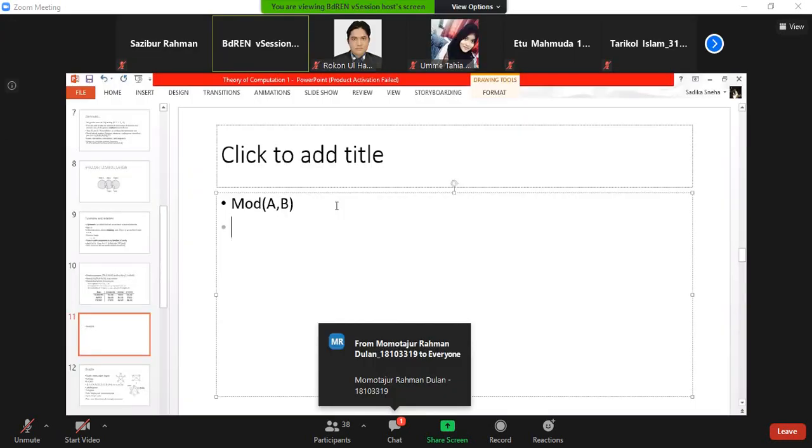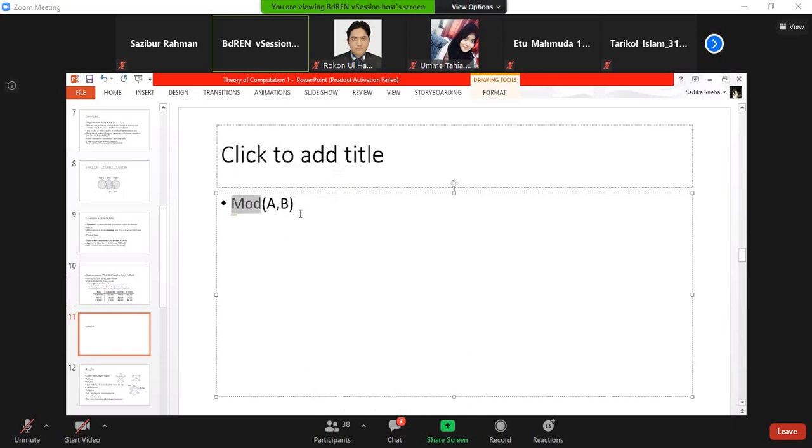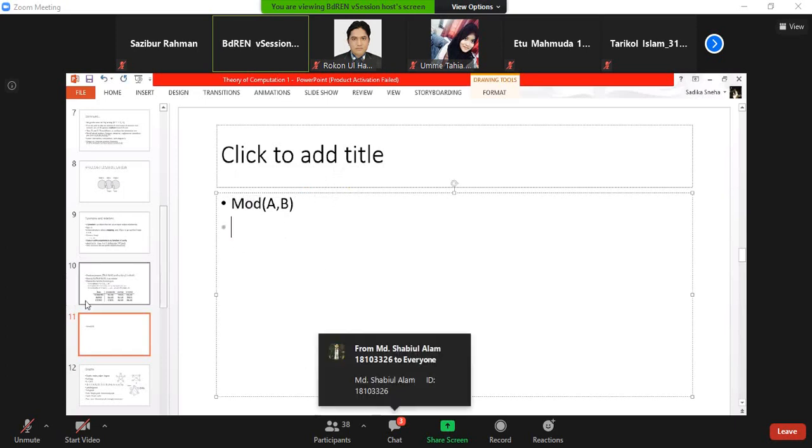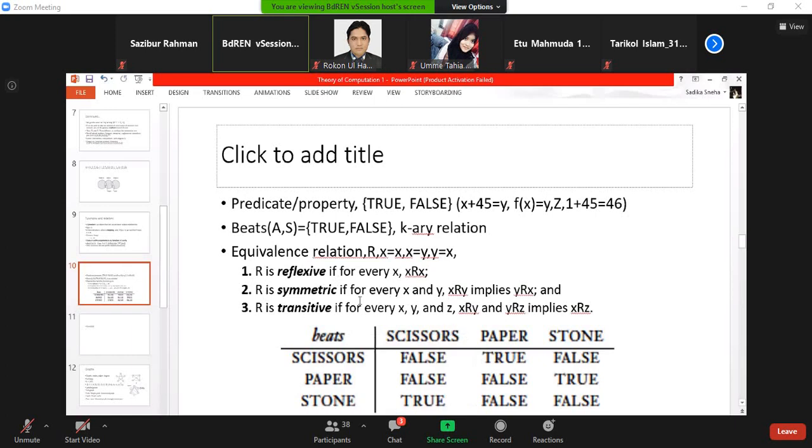It gives us the remainder value. So we want to prove that modulus is an equivalence relation. And how can we prove this? We can prove it if we prove these three things. If we prove these three things, then we can say that